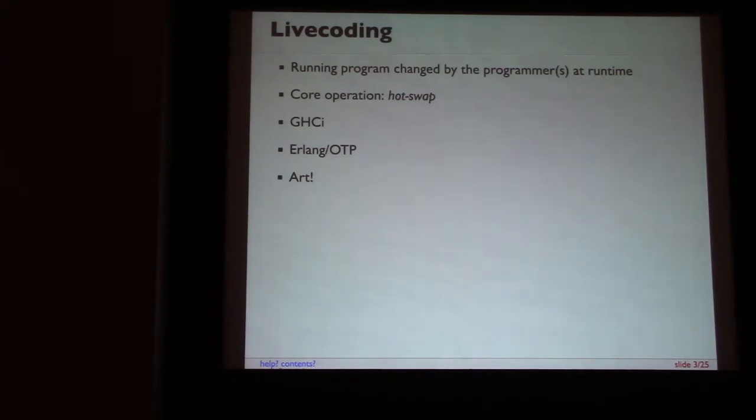Erlang and OTP offers another example of live coding, not in the arts domain, which is you're able to define and redefine functions as the system runs. So imagine you've got some function that takes user input and sends it to the database or something, and you realize partway through that there's a bug that allows some exploit. I, as the programmer, can write a new version of that function, compile it, and put it into my running server code, and the next time that function is called, the new function is called. So this is hot swap. This is a form of live coding.